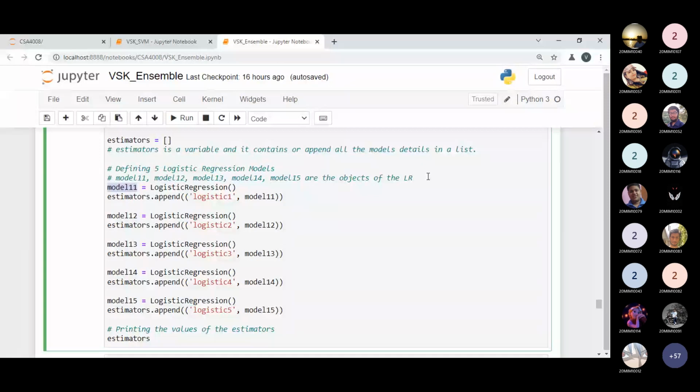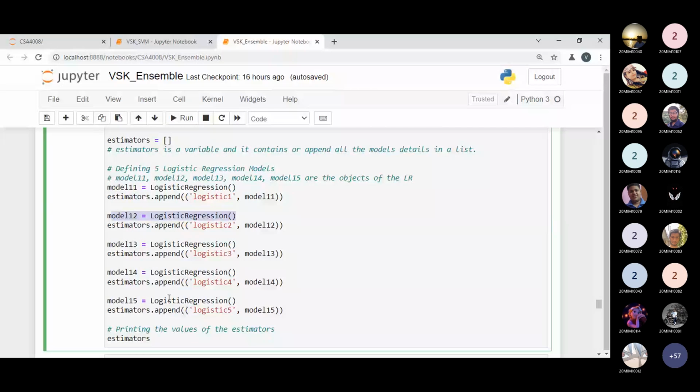Logistic regression model 1 I prepared, model 2 is created, and so model 11, model 12, model 13, model 14, model 15 are prepared. These 4-5 model objects are appended into the estimator, and then at the end I am printing the value of the estimator, what is the appended part.